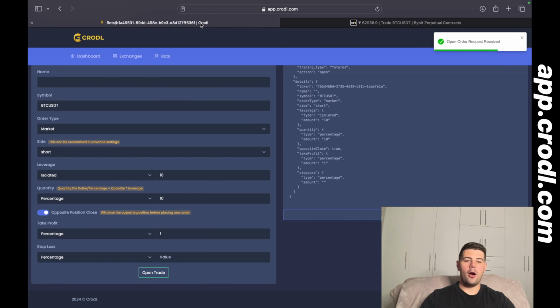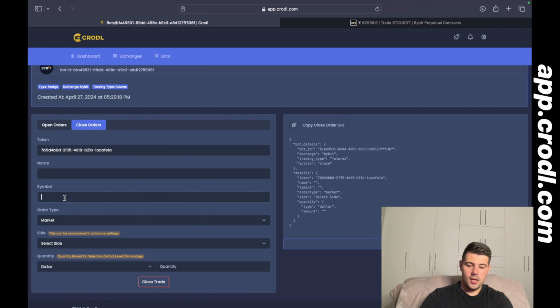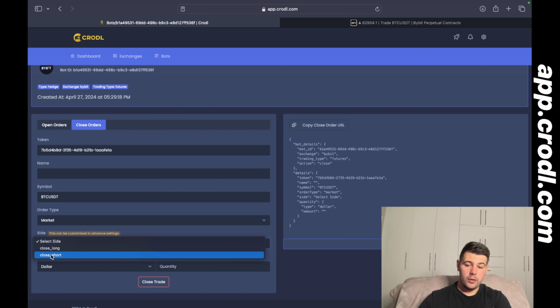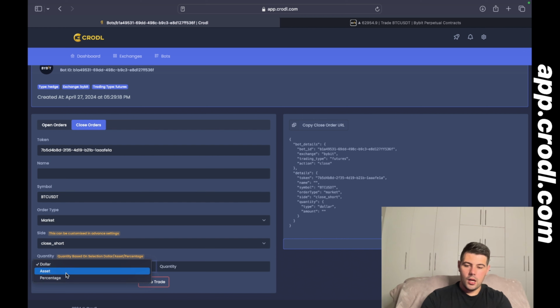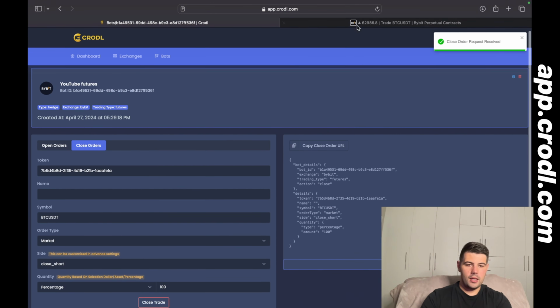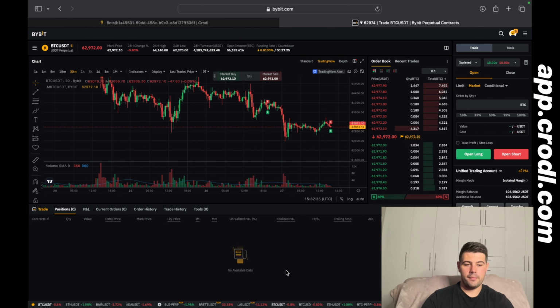Now if you don't want to open a new trade and you only want to close it, we can go to close orders. Again, we're going to type in the symbol, and then we can select side to close. So currently we have a close short because it's a short position open. I'm going to use percentage, and I'm going to use 100%. If you use 100%, it will close the full position that you have open, and we can click on confirm. If you go back to Bybit, it should be closing the full position right here, and as you can see,